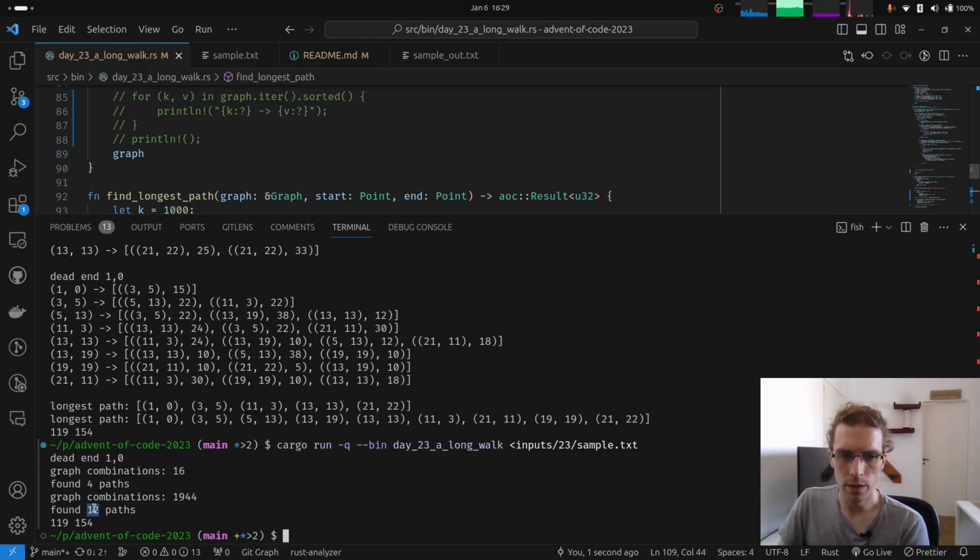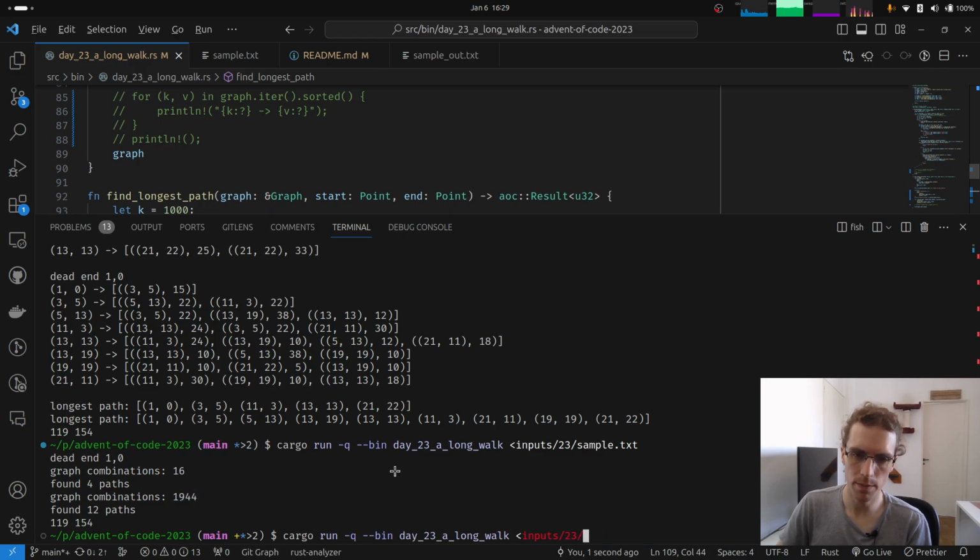But this is what the algorithm found, so maybe it did consider a big number of possibilities, similar to this amount of combinations. And if we do this for the inputs, which won't finish for part 2, I think,